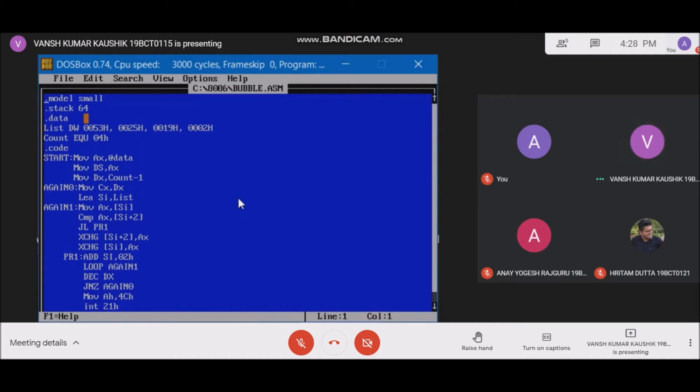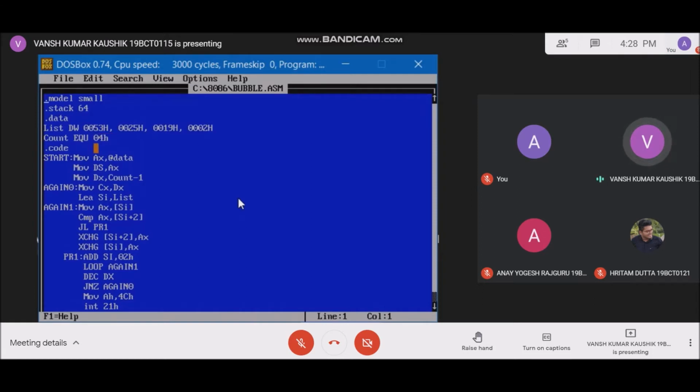Here we use DW, data word, which means that we are taking four-digit values. Then in the next statement we use count EQU 04H to assign a value to the variable count. This marks the end of the data segment.